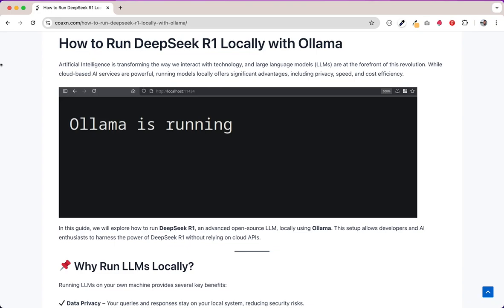For example, if you are dealing with financial records, defense records, medical records or pharmaceutical records, these records are very sensitive, so running them in a live environment always poses challenges and privacy concerns. Running DeepSeek R1 locally will be very beneficial for this kind of sensitive information. In this guide we will explore how to run DeepSeek R1, an advanced open source LLM, locally